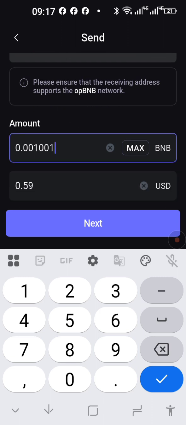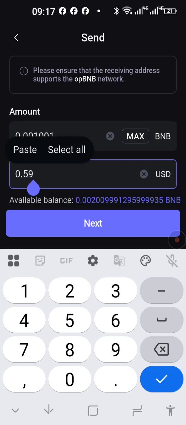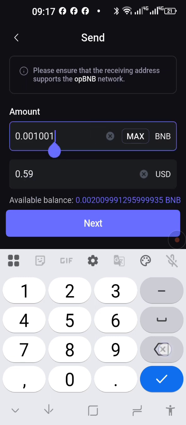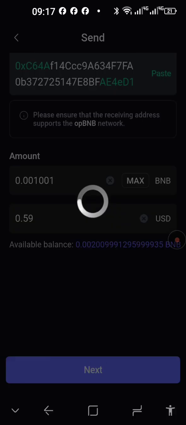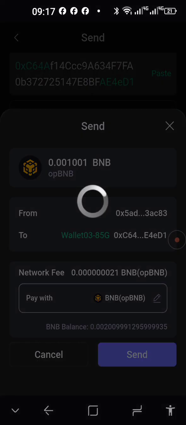There's not going to be any change in the value here. If I make it 0.01, it's still 59, but you still need that little bit of gas fees to register the wallet. Alright, so we're going to send that funds to this wallet, to the newly created wallet.